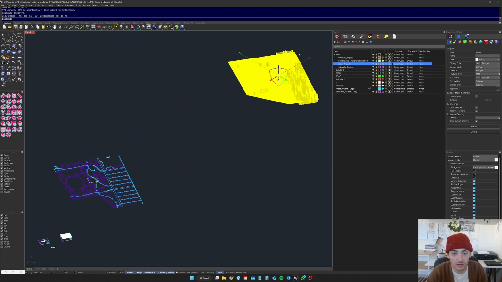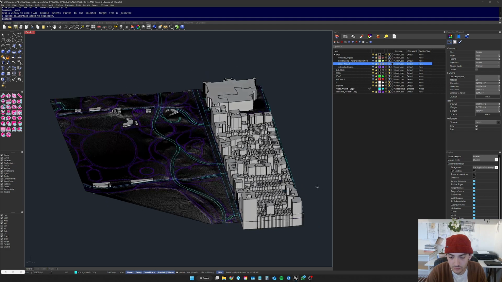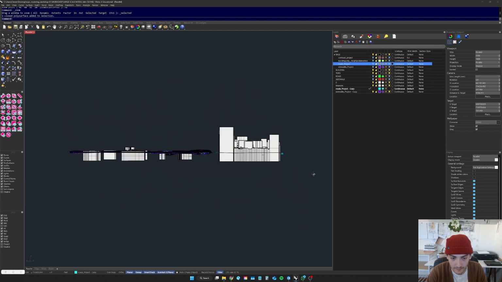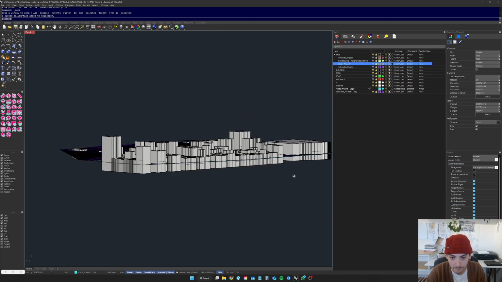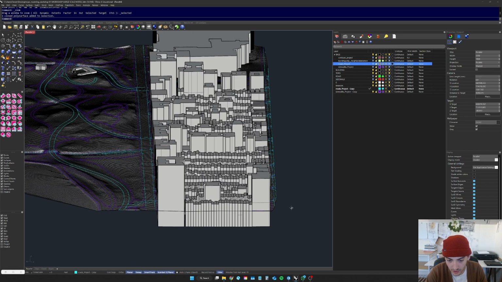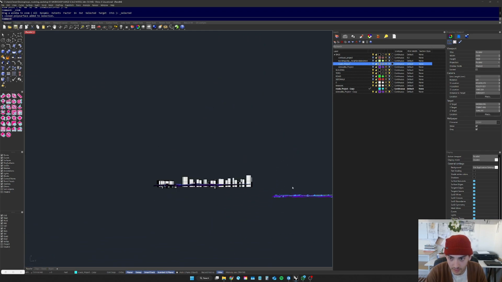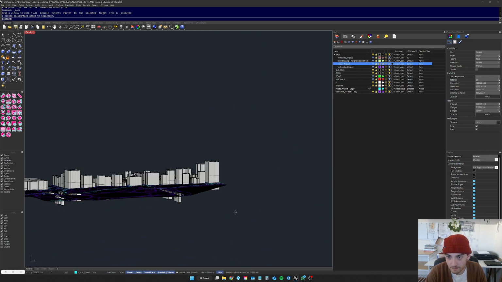Northeast maybe. So, right, we have our isometric there. This is annoying. We do want to get rid of that. Or alternatively, what could be nice is